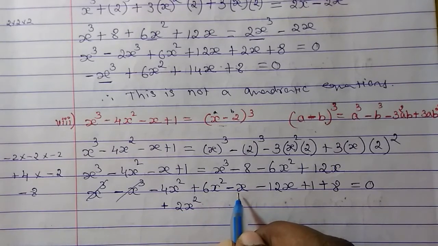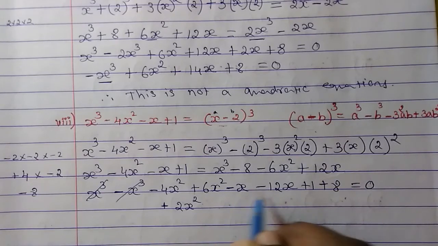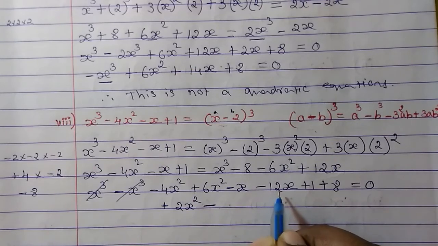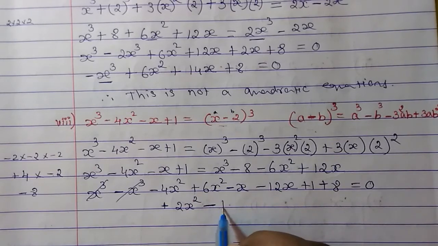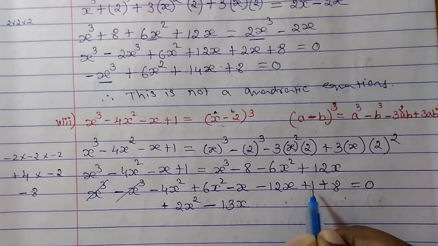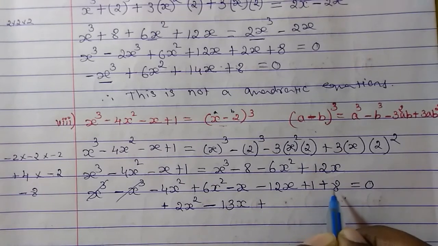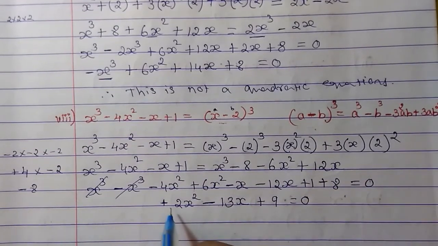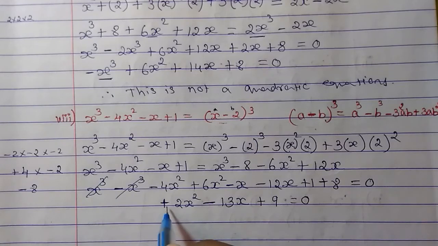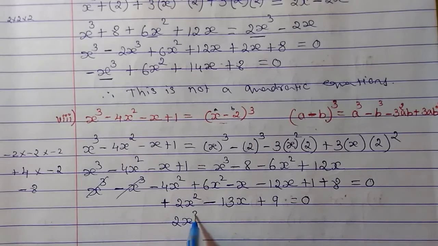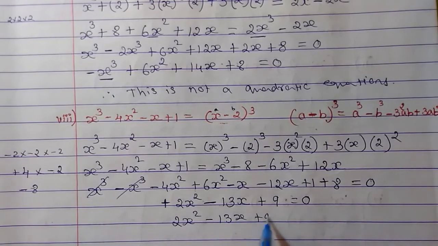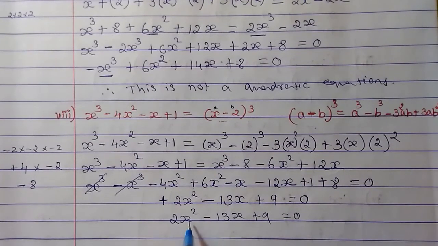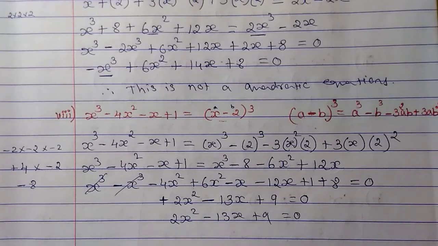Now you have minus x minus 12x. So when 2 minus comes, we add them as it is. So then 12x here 1x. Total it will give us 13x. Now you have plus 1 plus 8 will give us plus 9. Okay. So now you see this is in plus 2x square. You don't need to write plus. So we'll write down like this only. 13x plus 9. Now can we say this is quadratic equation? Yes, because x power is 2 and a is not equal to 0.